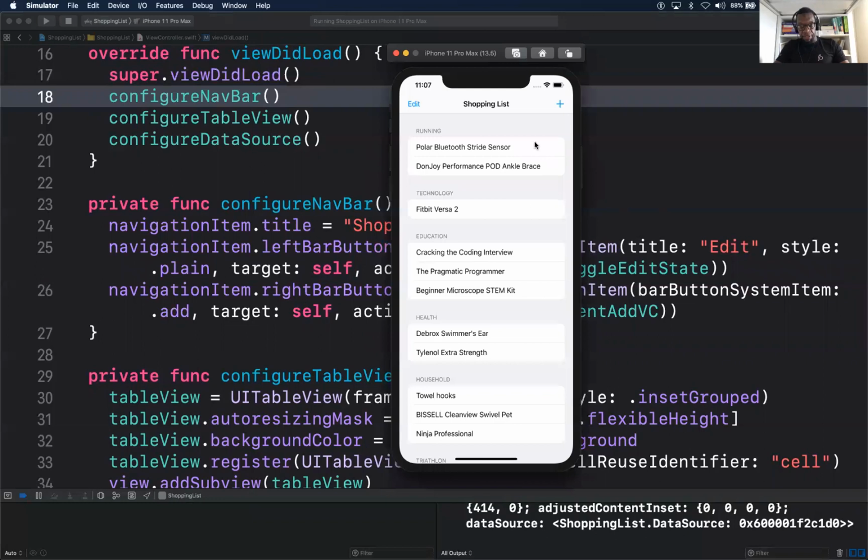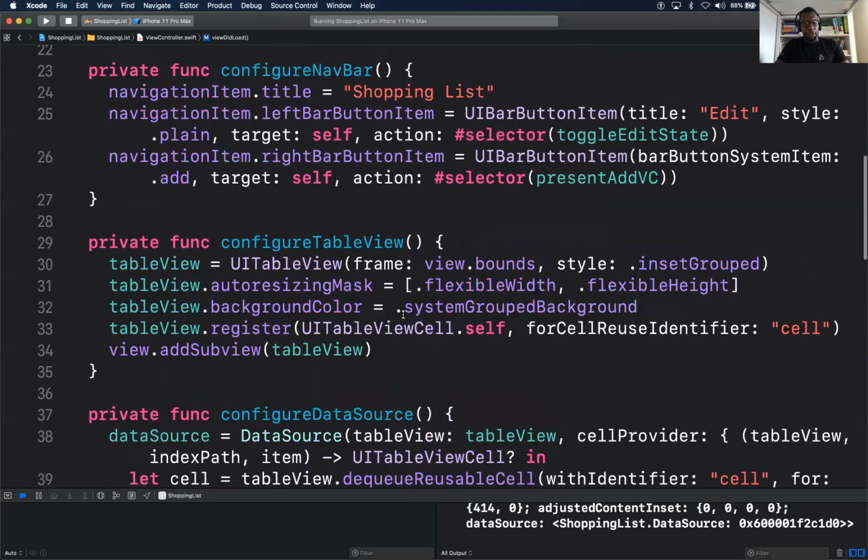So here's what we want. If you're up to the challenge here and you have the time, when we click add, we want to present a modal view. And the modal view will have two text fields and a picker view, right?